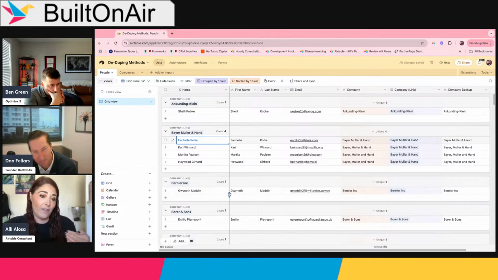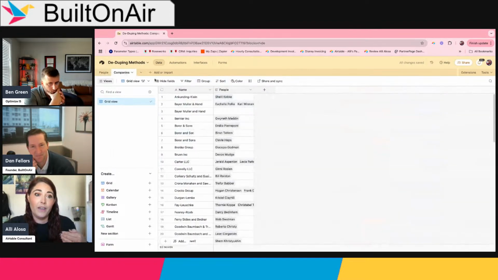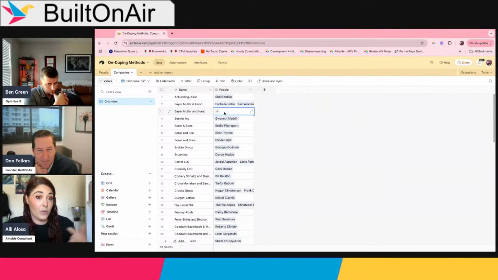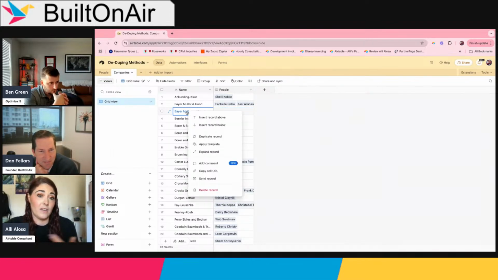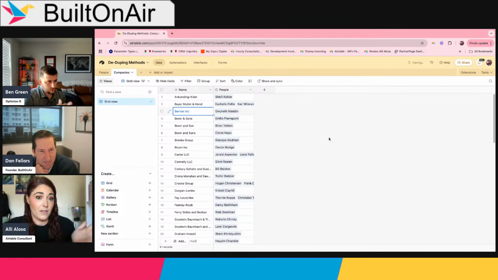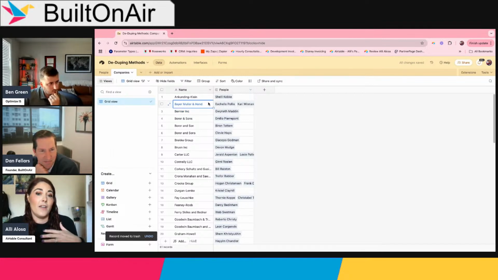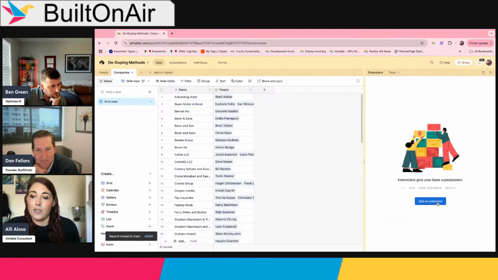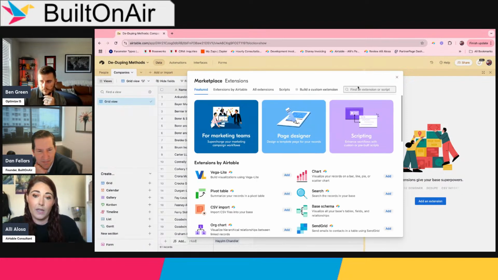And if I do that all the way down my table, I'm going to end up with a bunch of records on my company's table that are now empty with the people link here. Then I can just come here, filter it by that, and delete the extras. So that's one approach. Another approach, though, is to actually use the dedupe extension, which,